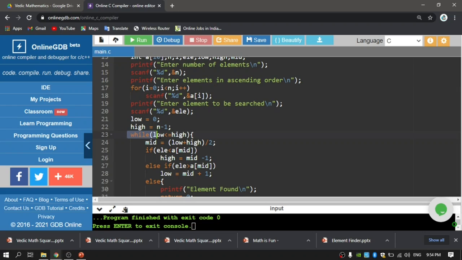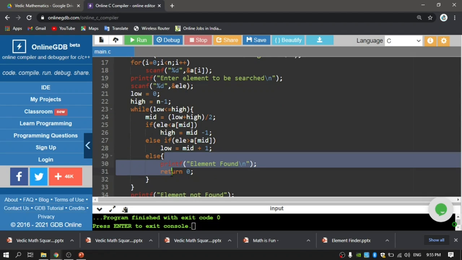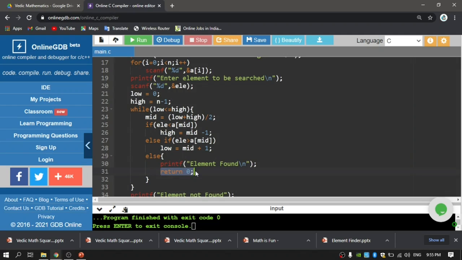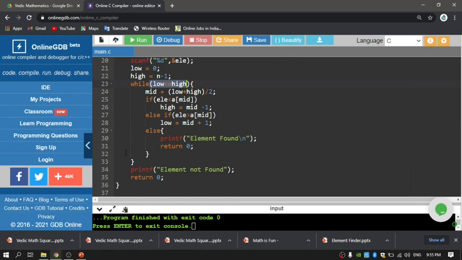And this is my base condition. Whenever low value is less than or equal to high, there is a guarantee of finding my element in the array. Then I calculate the average value. Then I have three conditions here: checking whether the element is in the lower half, the upper half, or in the middle. These are the three conditions I am handling. And as I told you already, return 0 will terminate my program as the element I am looking for has been found. If it is not available, then this condition will fail and the control will jump to this particular portion, and it is going to print element not found.